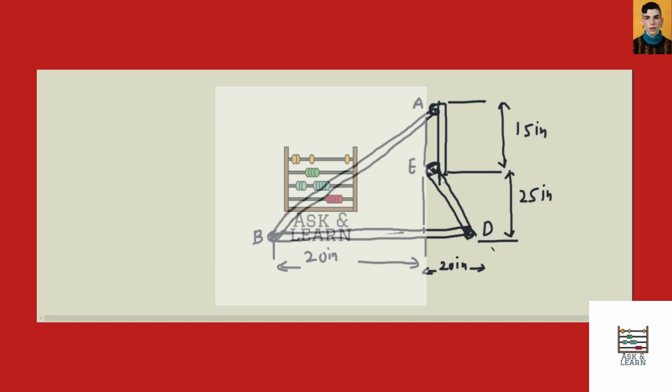Hello everyone. In the given figure, the geometry I have drawn is not to scale, so it is not logical according to dimensions. Here it is given that the angular velocity of the rod AB is 4 radian per second in clockwise direction, and the angular acceleration is 2 radian per second squared, also in clockwise direction. We have to find